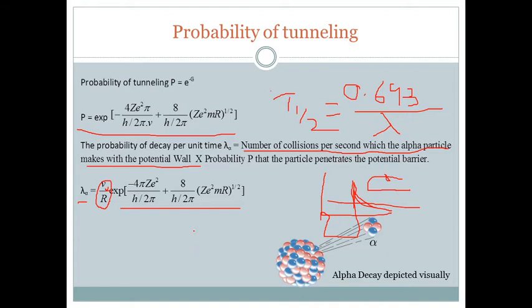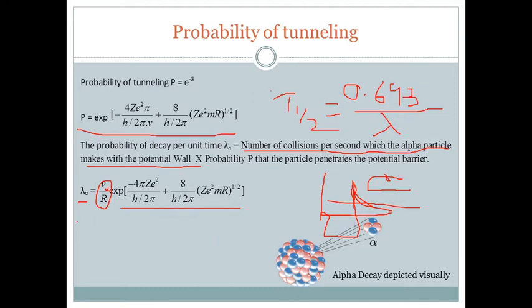The reason is everything is the same. This factor is the same. The tunneling probability is the same. But here V by R is different. So here the alpha particle puts in a lot of effort. We will do the calculation and see. You'll be amazed at the amount of effort the alpha particle puts in to tunnel through. While here the alpha particle coming from this side does not put in any effort. It gets reflected, and when it gets deflected, it does not appear again at the potential to tunnel in. So that's the reason why the alpha particle from the other end is not able to come in, but the alpha particle from the opposite end is able to tunnel through. So that was also the reason why I told you that I will give you an explanation later.